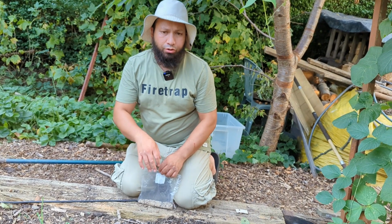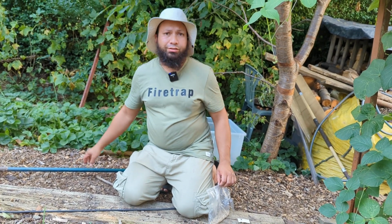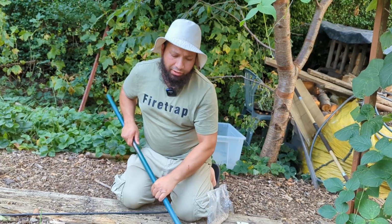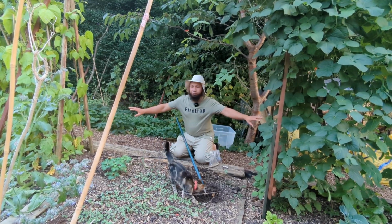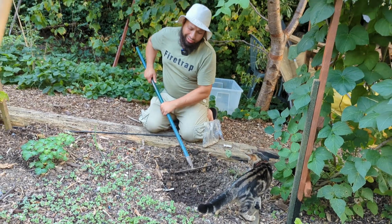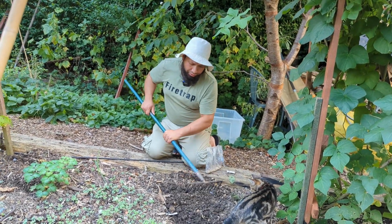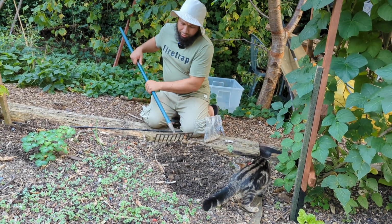So I'm not going for a lot of nitrogen fixers right here because I've grown beans here this season. So I've had little dwarf French beans here that we've had harvest from. You can see I've got beans there and I've got beans there right next to me. So there's a lot of nitrogen fixing going on here. So my key here is to break up soil and to add organic matter, because the mulch here is a little bit thin for my liking actually. I haven't planted potatoes up here yet,